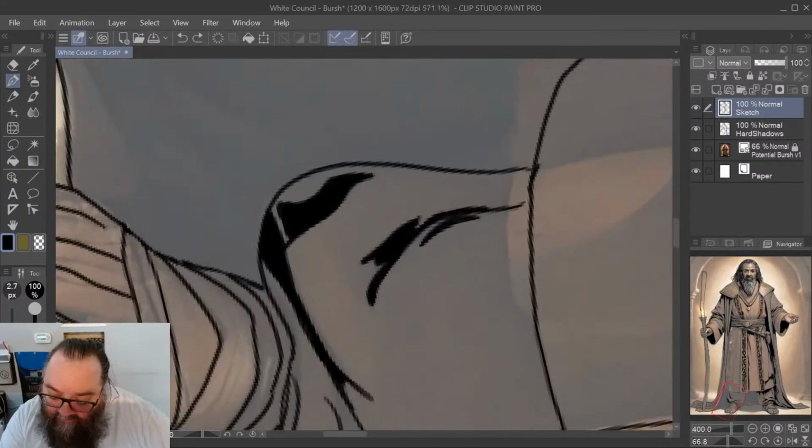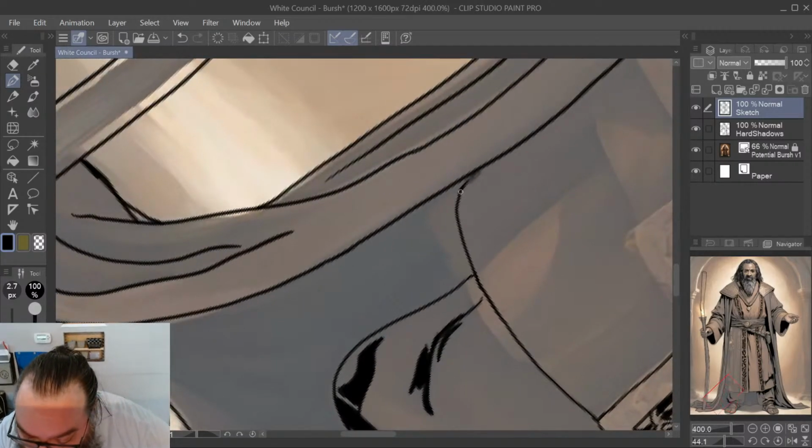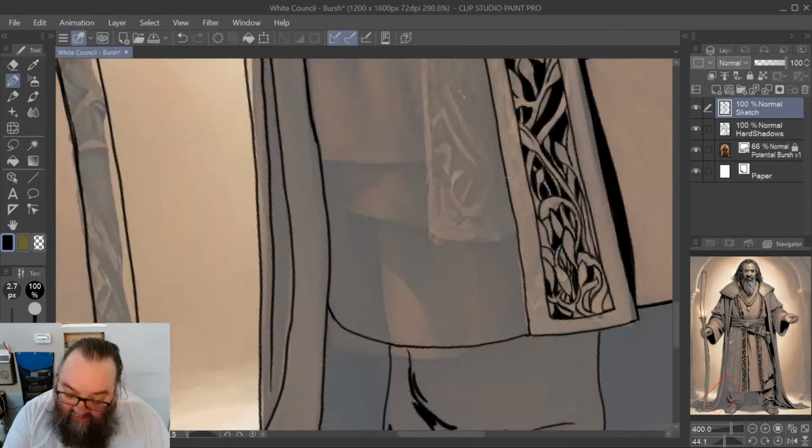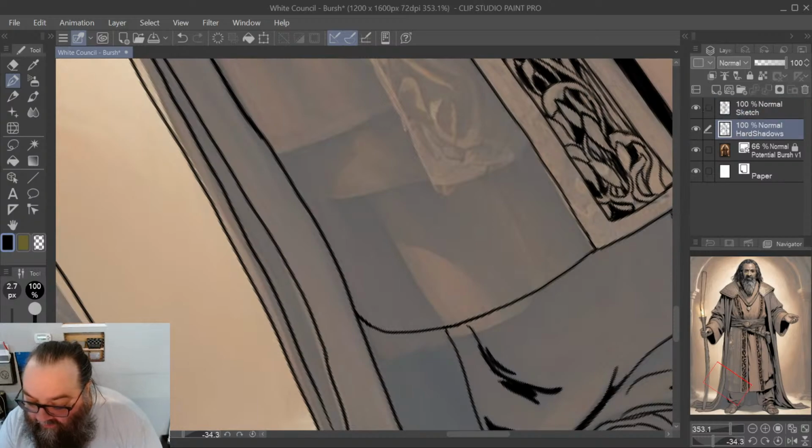Now, that actually might be fine. Might even look better that way. But in my inexperience, I have trepidation about whether or not that's going to look right or if it's just going to be a thing that I have to correct later. So I'm going to back off on that one. I'm not going to do that right now.